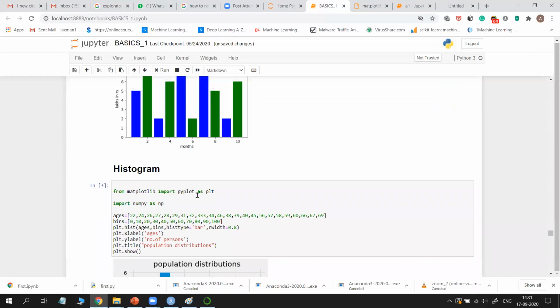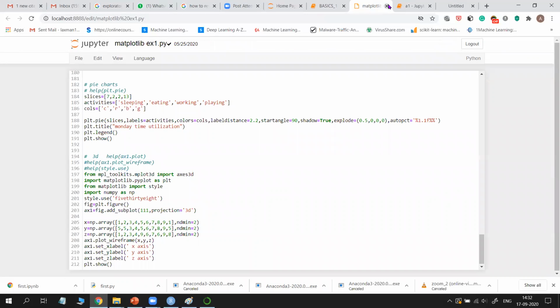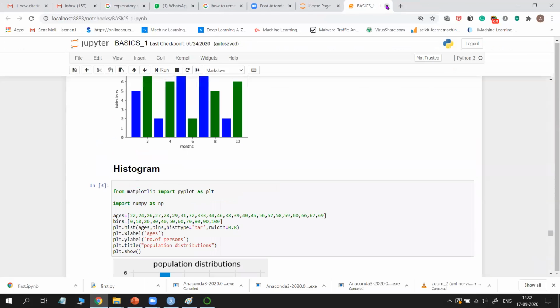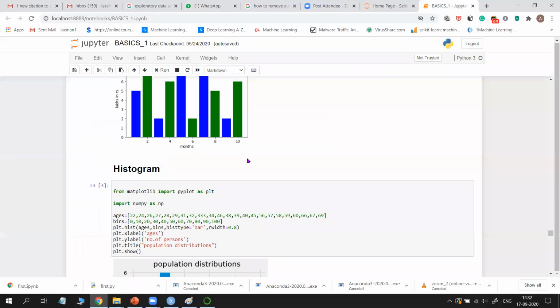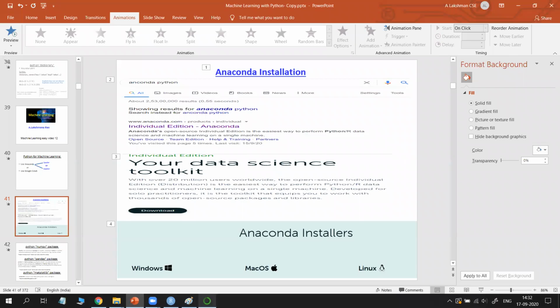So the output. Similarly, for any type of coding, that can be machine learning coding or deep learning coding, we use Jupyter Notebook and save all our code as .ipynb or .py file. So this is Jupyter Notebook. Google Colab also works in a similar way. How to open Google Colab, I will show you after completion of Spyder. How to use Spyder, I will show you, and later we come back.